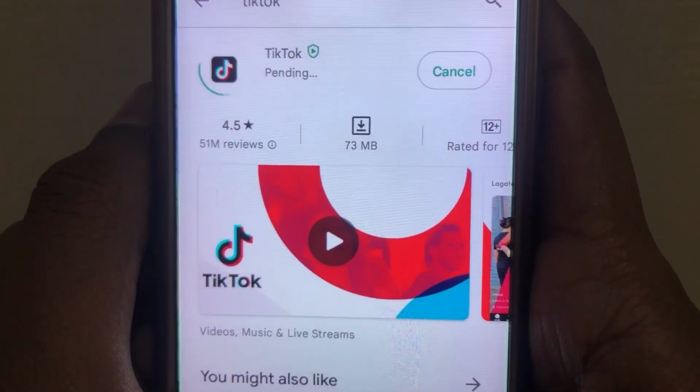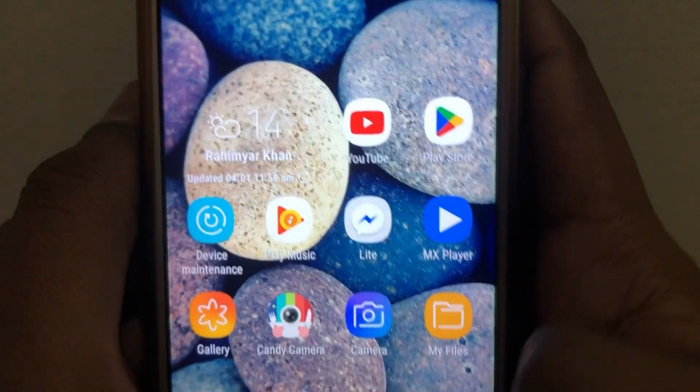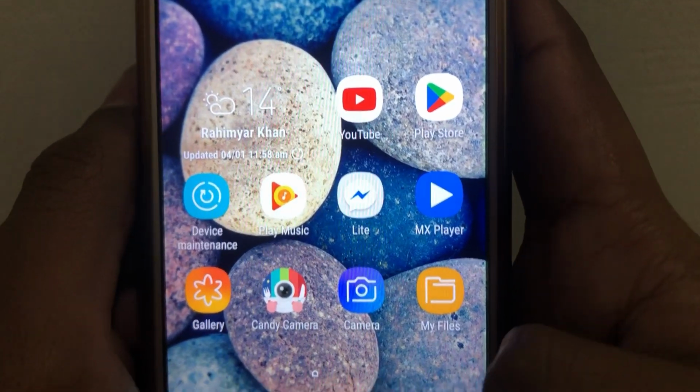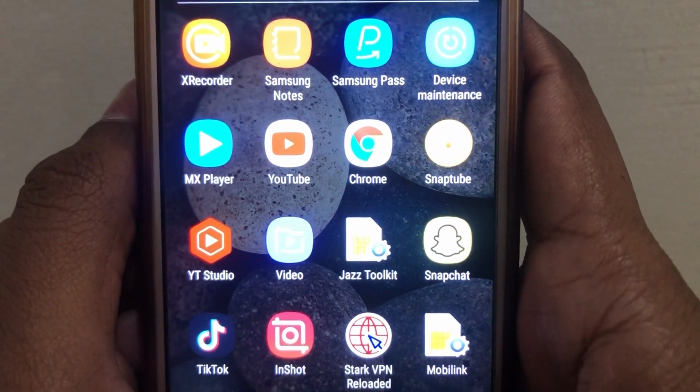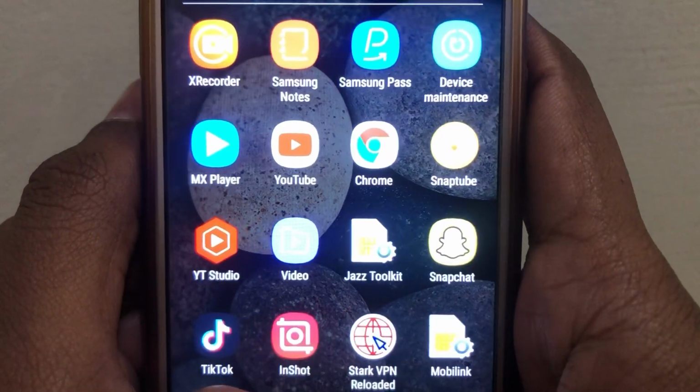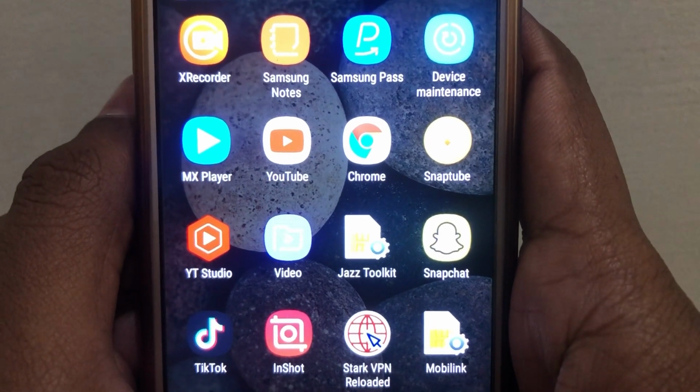After updating your TikTok app and the problem is still there, then what you have to do is wait for another version of TikTok because many bugs are solved by TikTok